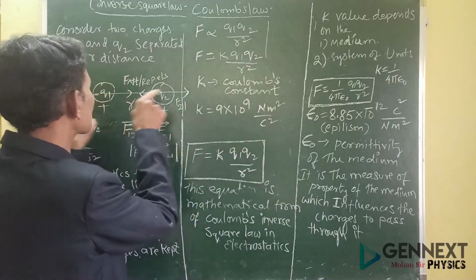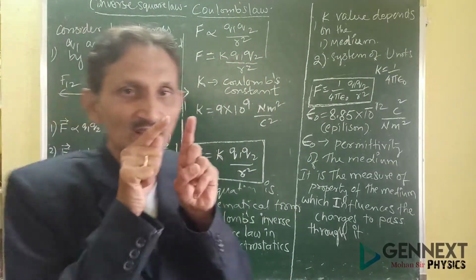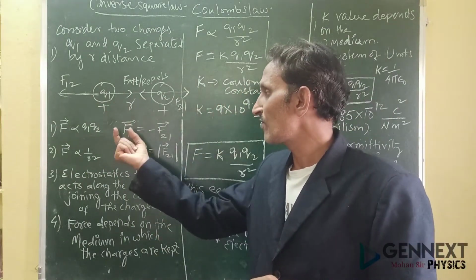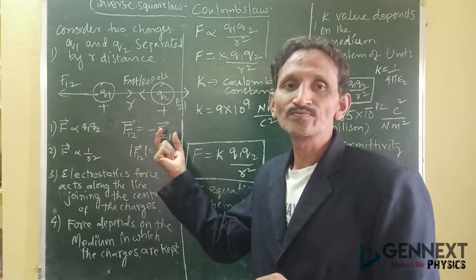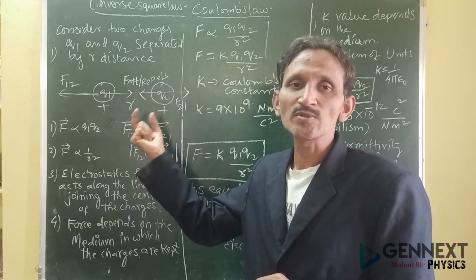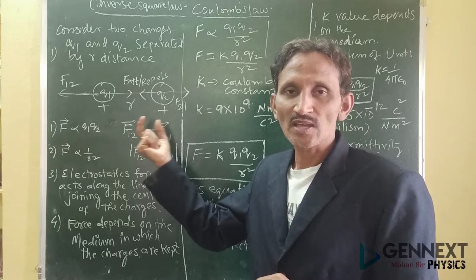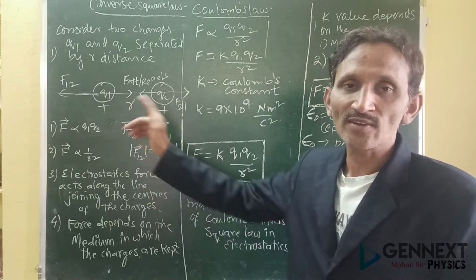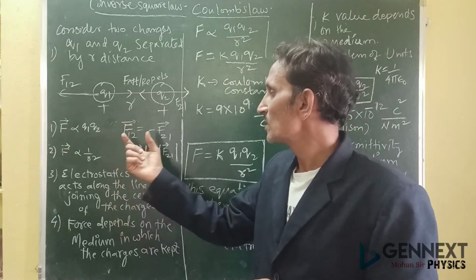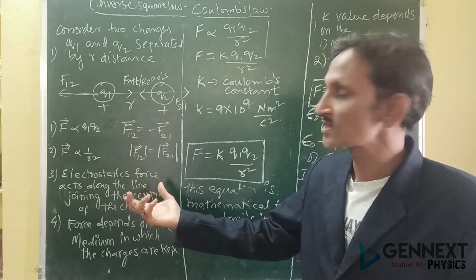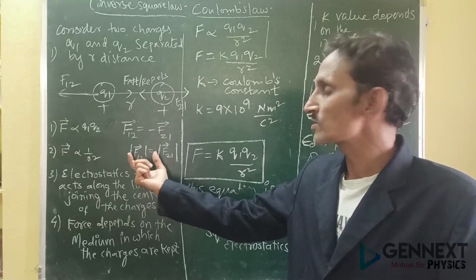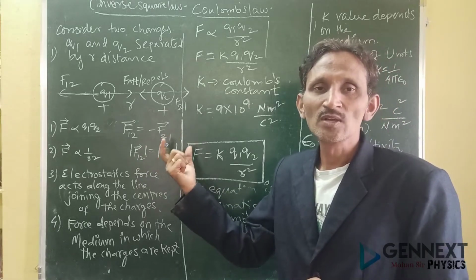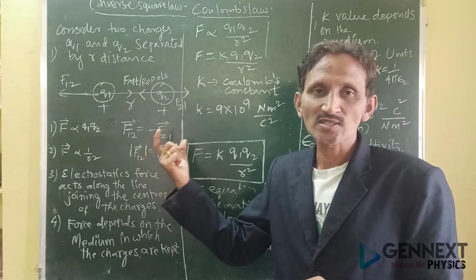Now when these two charges are positive, in the repulsive case, if you take the magnitude of their forces, F12 is equal to minus F21. That means they are equal and opposite forces, acting one on the other, 1 from 2, 2 from 1. If you take the magnitude, direction is not considered. So the magnitude of force F12 is equal to the magnitude of force F21. Both remain the same. So the two forces are equal.